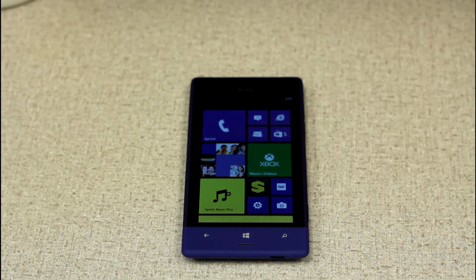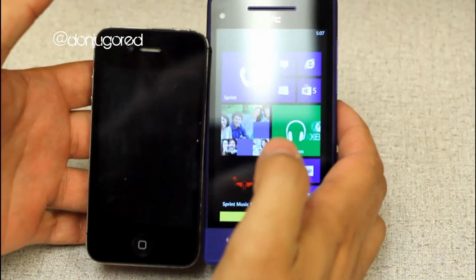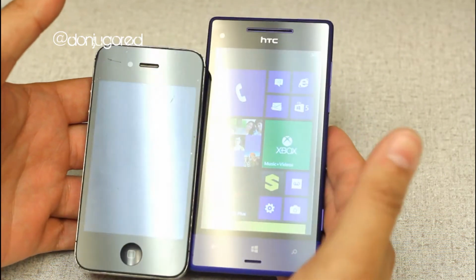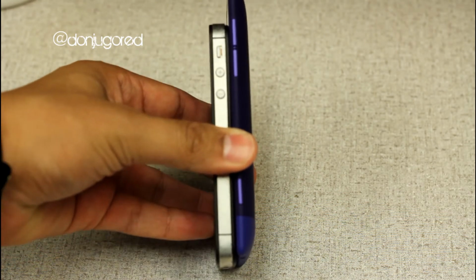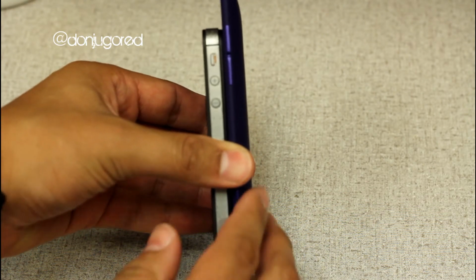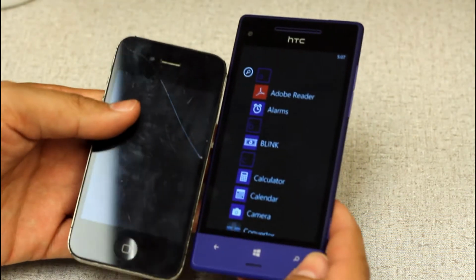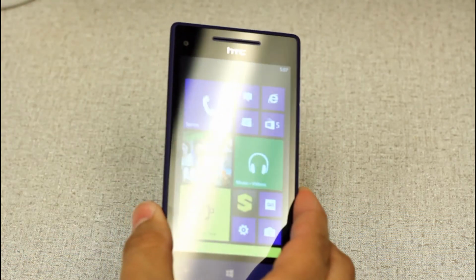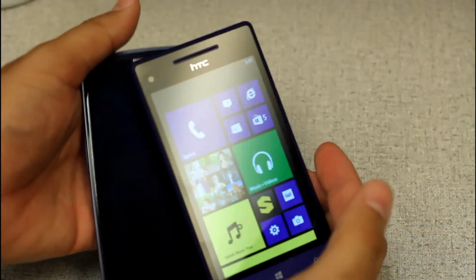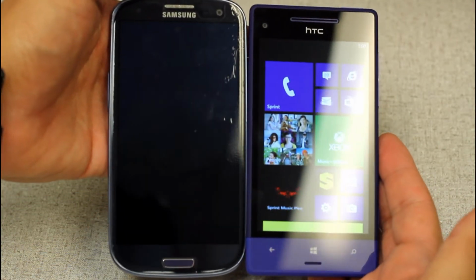1 gigabyte of RAM. Just real quick, if you wanted to see a size comparison, here's a broken iPhone 4S, I think, and then you can see height-wise, I don't know how well that's coming in on camera, but they're about the same thickness, but this is tapered, so it makes it feel like it's a little bit thinner on the HTC. But I'll show you, I also have a Galaxy S3 here, just so you can kind of, again, I don't know how well that's coming out, but